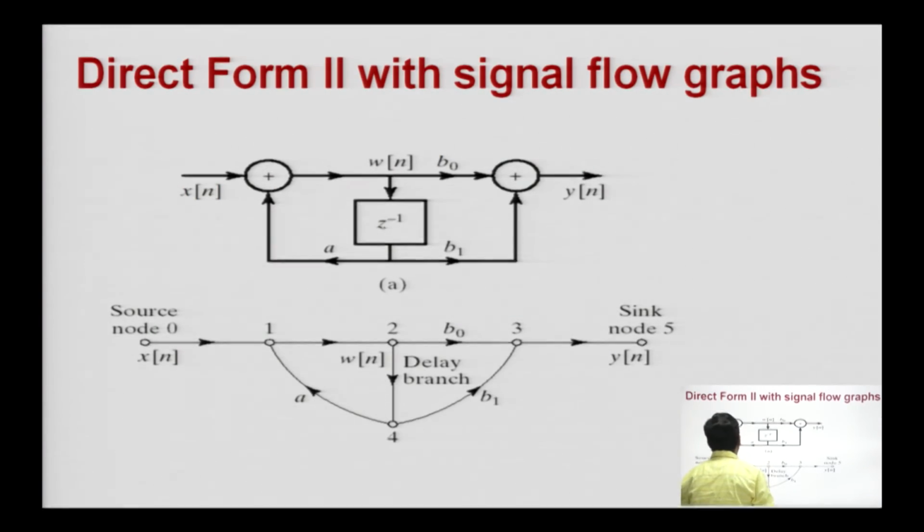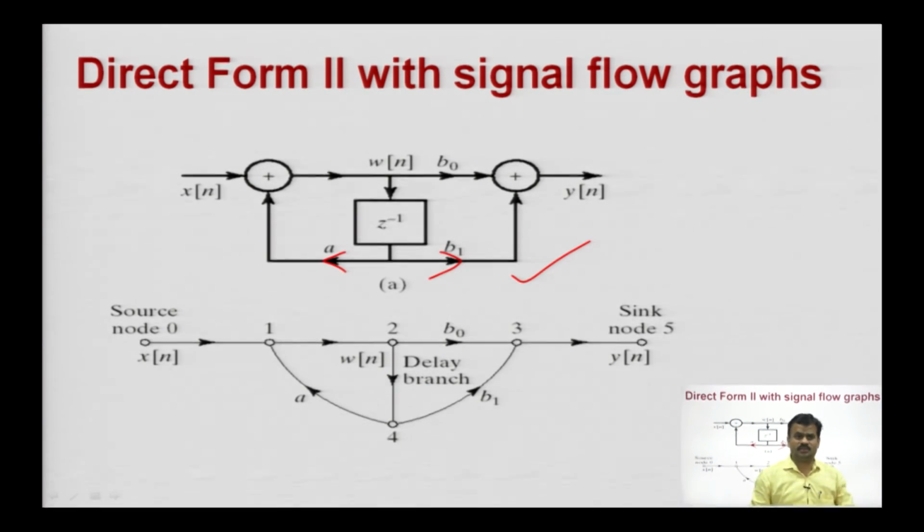Now, direct form 2 with signal flow graph you can also see here, because this is the block diagram of direct form 2. You are converting two delay elements into a single one. You can see here, by this element you are taking the past value of the output signal and the past value of the input signal with the single element. If you realize the same structure by direct form 1, then you need two delay elements, but in direct form 2 only a single delay element is sufficient.